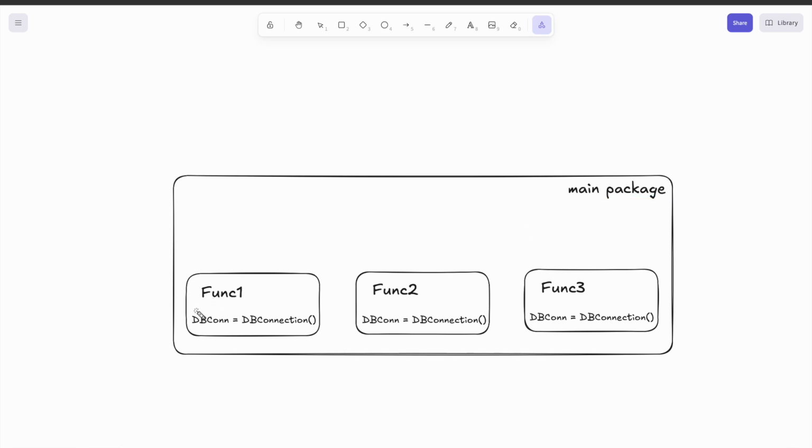Here func1, func2, and func3 are calling DB connection to create the database object. As they call DB connection, in every call it is returning a different database object for the same database. So this is not a good idea, to create different database objects for the same database,